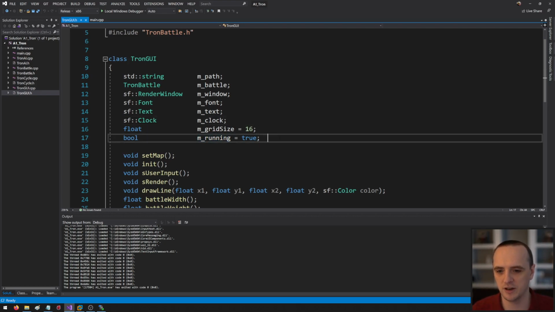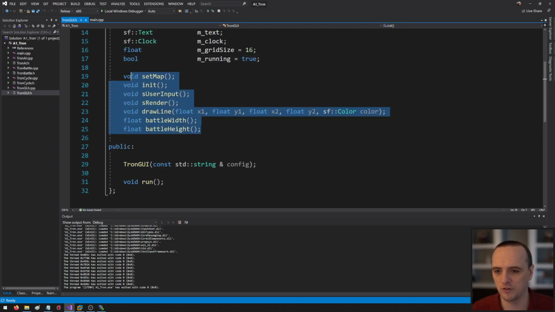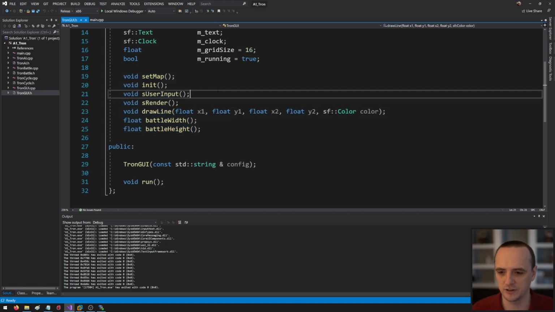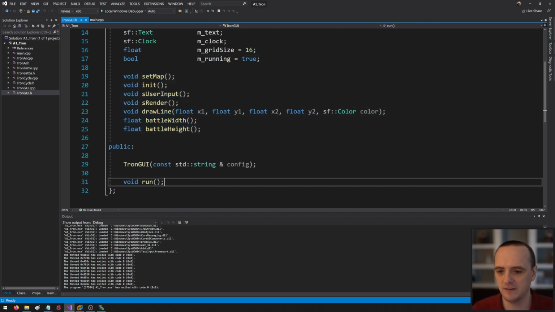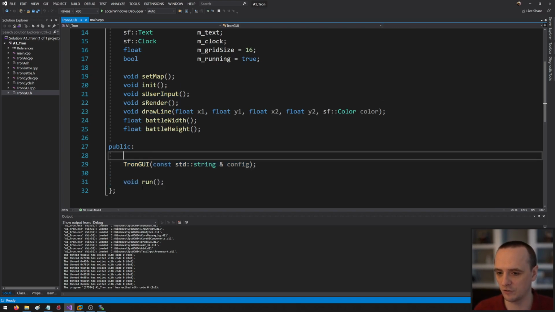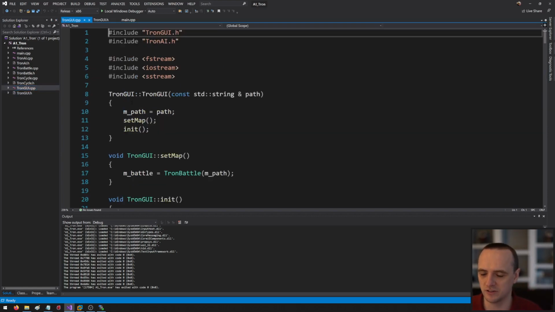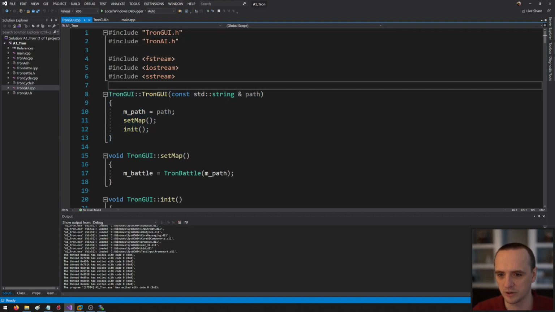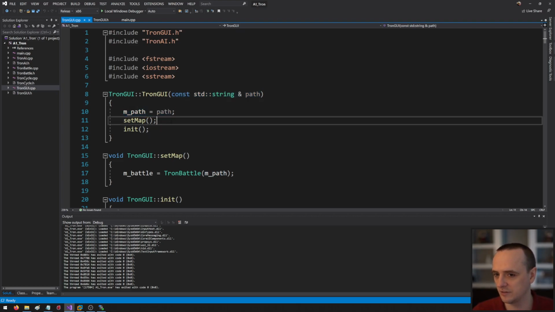And then we have a Boolean here, whether or not the game is currently running. That's about it. And then we have some helper functions down here, like setting the map, doing the user input, drawing lines, etc. And the only public-facing functions for this class are the Tron GUI constructor itself and the run function. So if I go over to the code now to see what's actually happening, here's what happens when you construct this Tron GUI. It passes in the path to the config file, it sets the config file path, then it sets the map,